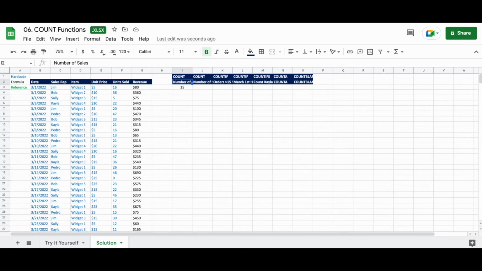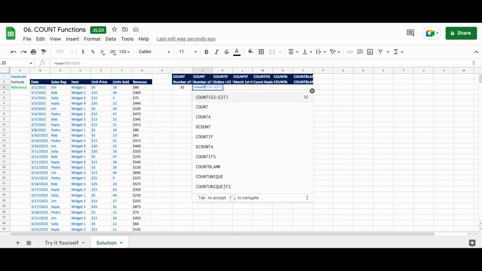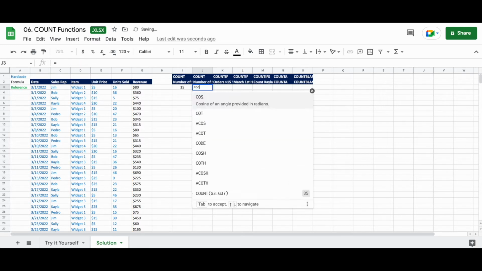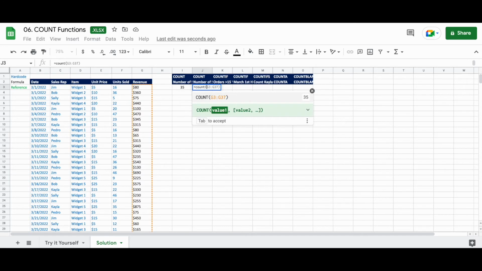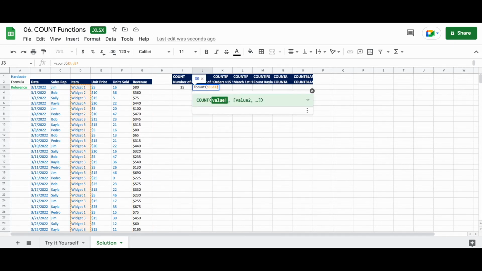So now we're going to go over to J3 and we're going to enter equals COUNT D3 through D37. We're going to close our parentheses there. And we see 0 with a dollar sign. So first of all, we want to get rid of that dollar sign.